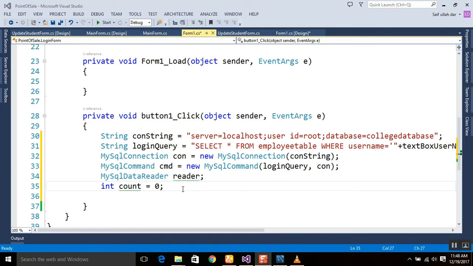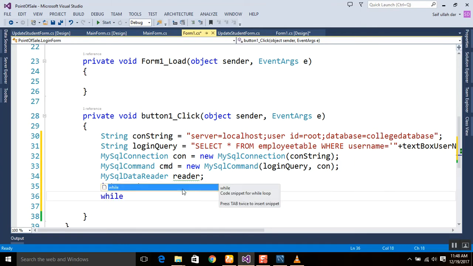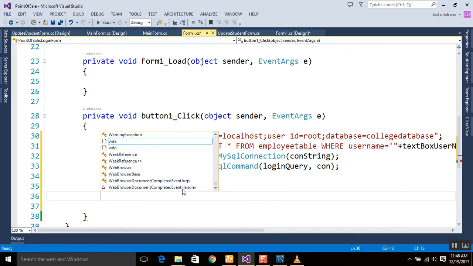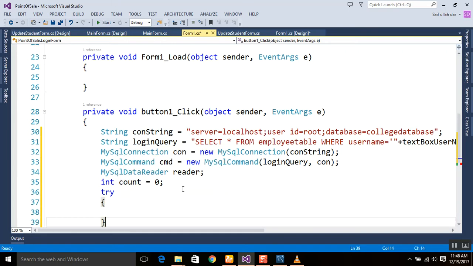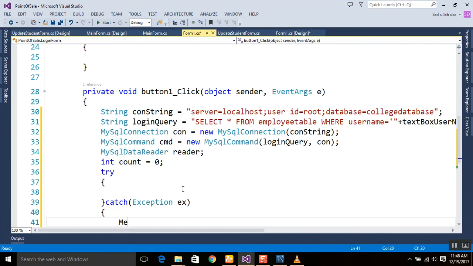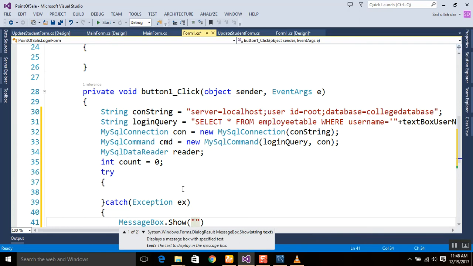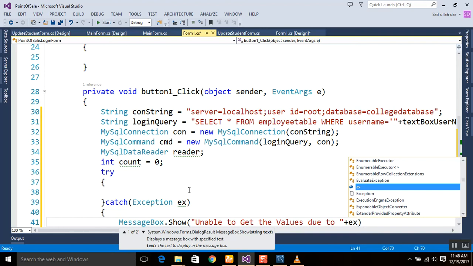Okay, now we will use the while loop here, but not here. We use the try catch block first to open the connection and catch the exception. Catch exception ex, and here I will show MessageBox.Show and display the message "unable to get the values"